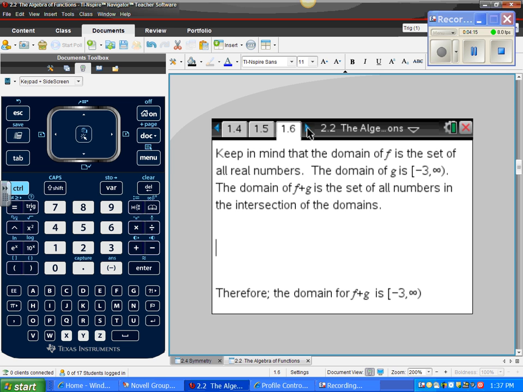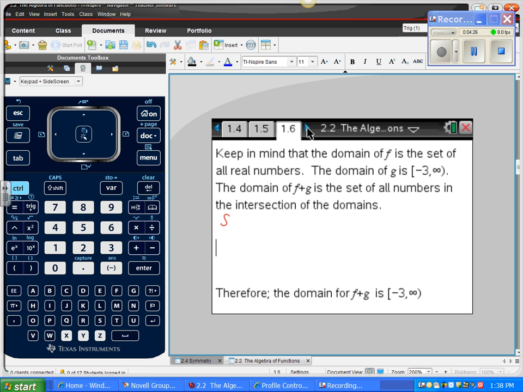The domain of f plus g is the set of all numbers in the intersection of the domains. So the intersection of the domains means what they have in common. If we're talking about the domain of f, that domain would be the entire number line, all the way from negative infinity to positive infinity. Your domain for g is going to be, since it's the square root of x plus 3,